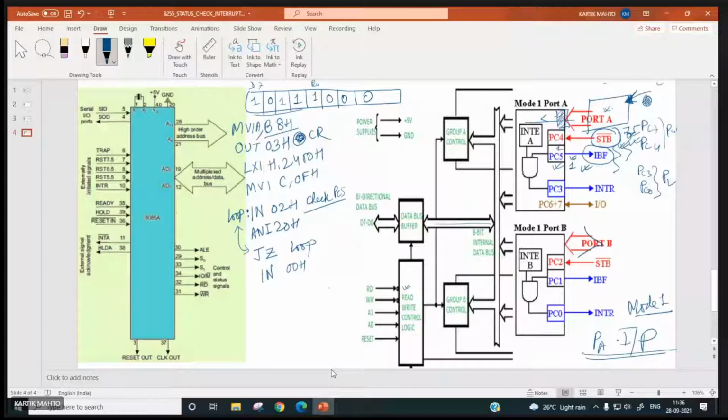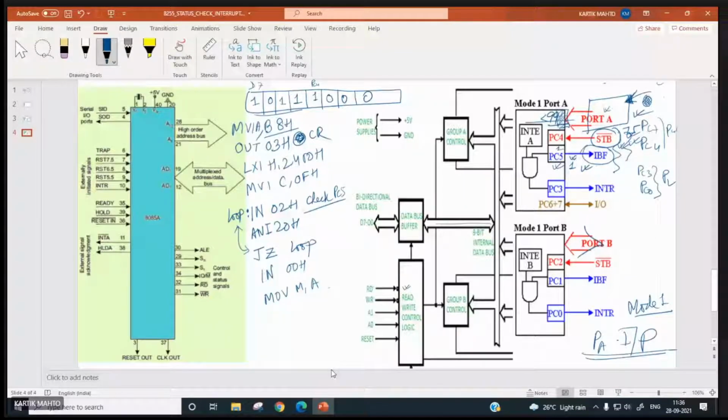Suppose 99 has been inputted first. STB bar is made low by the input device. Processor found IBF or PC5 is 1.